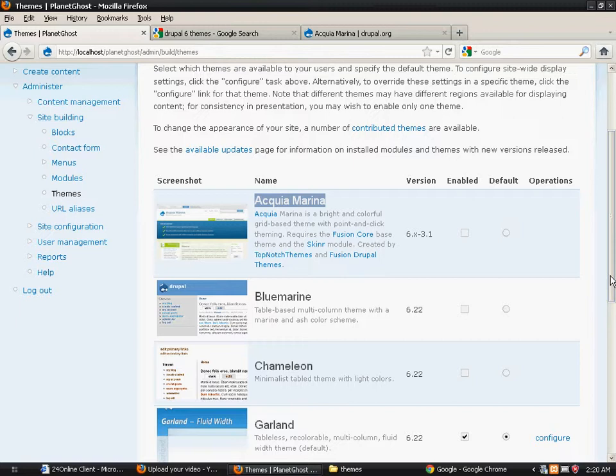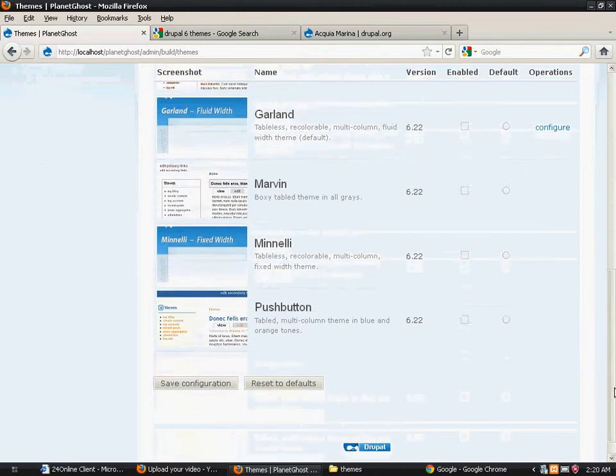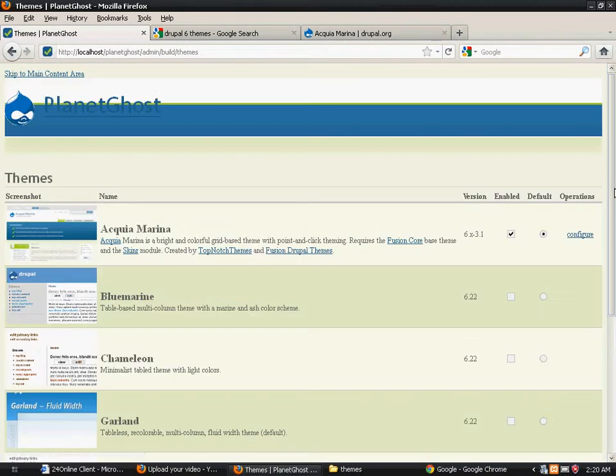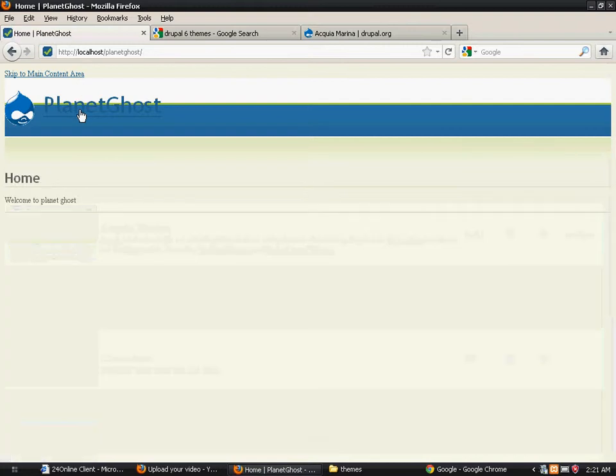Anyways, now since we've installed Aqua Marina, we'll save it and have a look at the new theme of our website. See, this is how your site looks after you changed it.